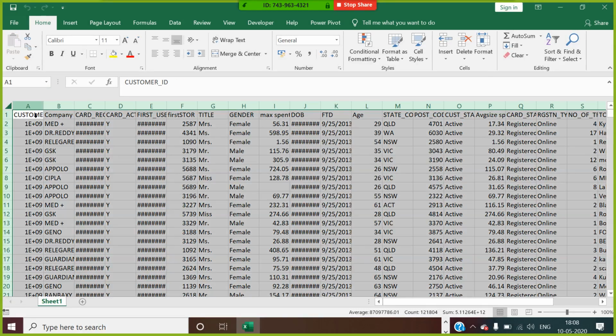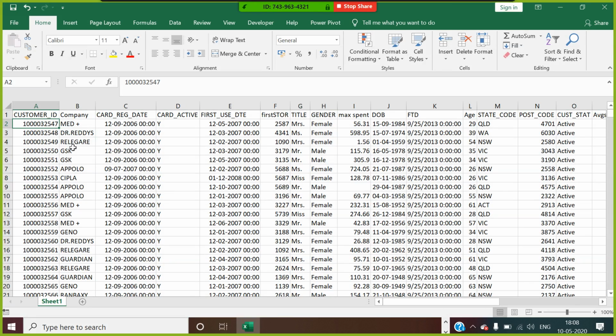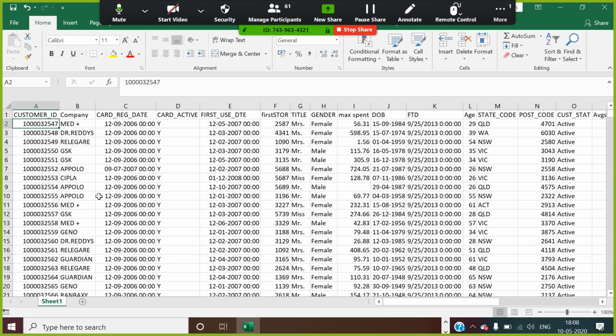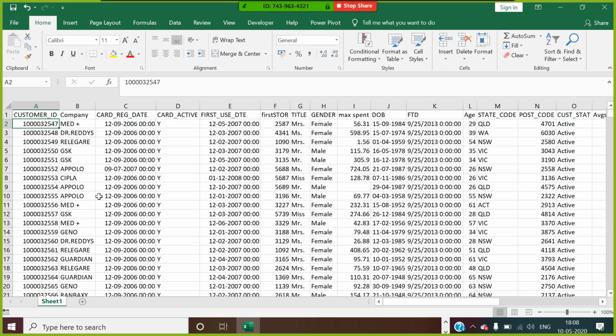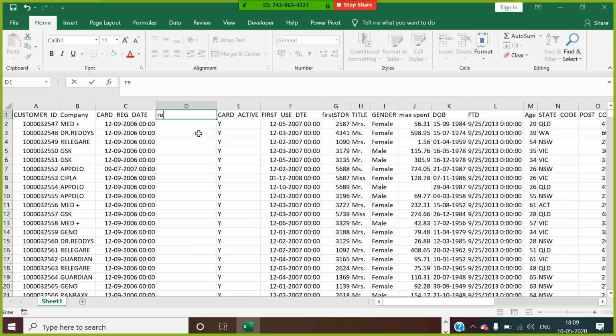Being a data scientist or an analyst, you have to think beyond this information, how to make this data more informative. If I look at this data to make it more informative, I can convert my card registration date to registration year.